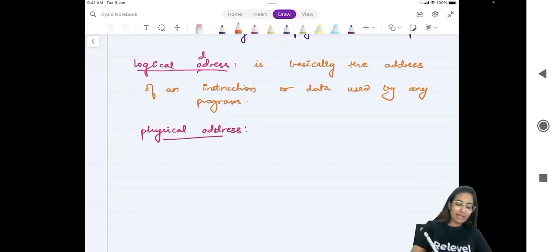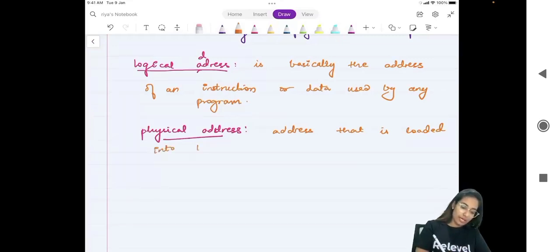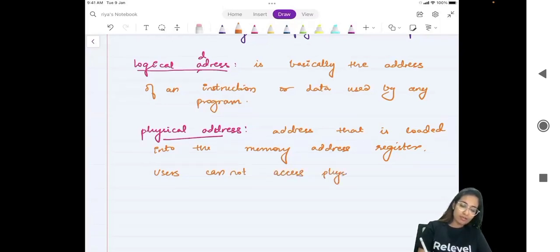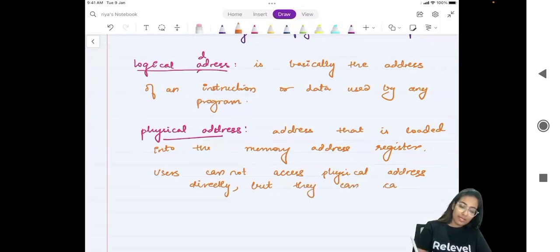Always remember that the address that is basically loaded into the memory address register is known as physical address, and users cannot access physical address directly, but they can calculate physical address (PA)